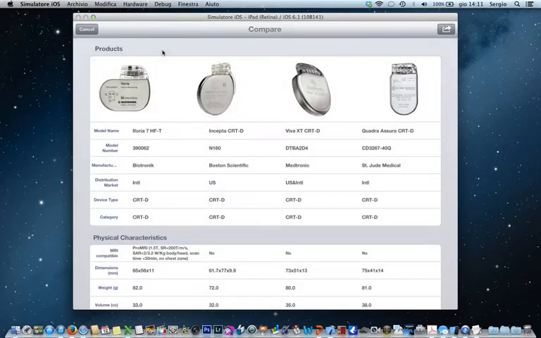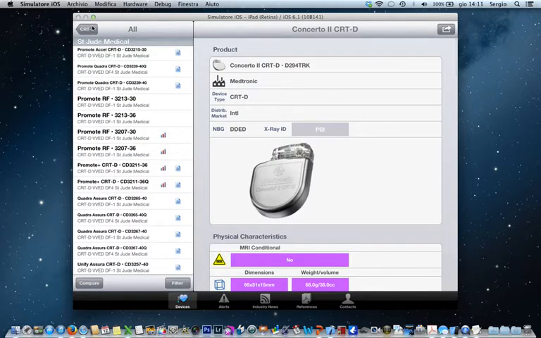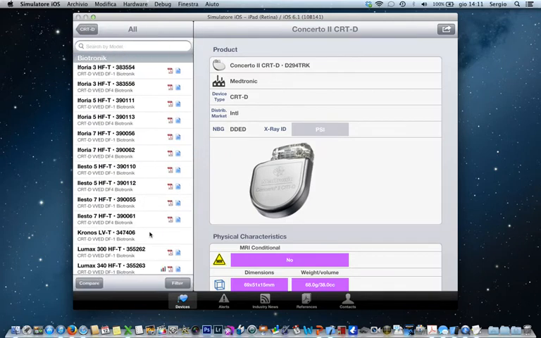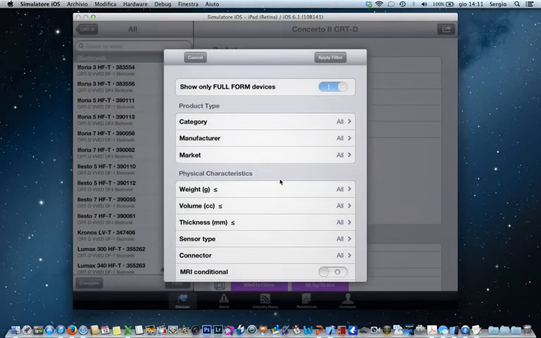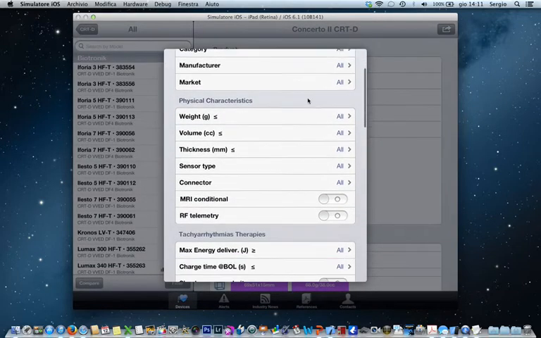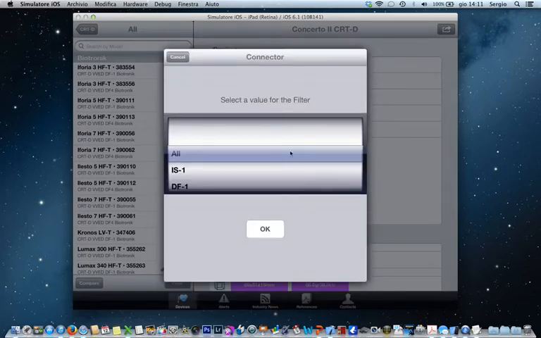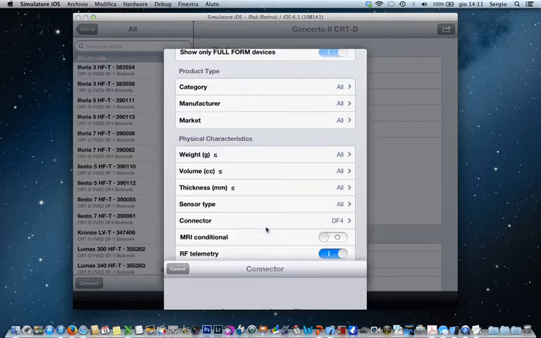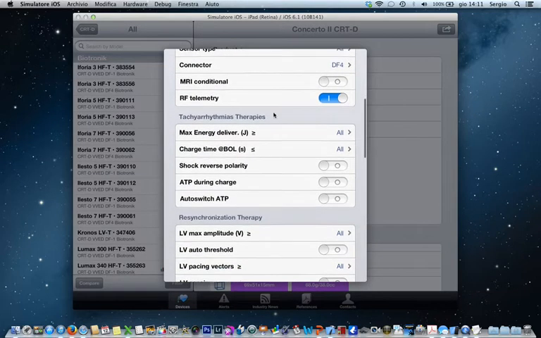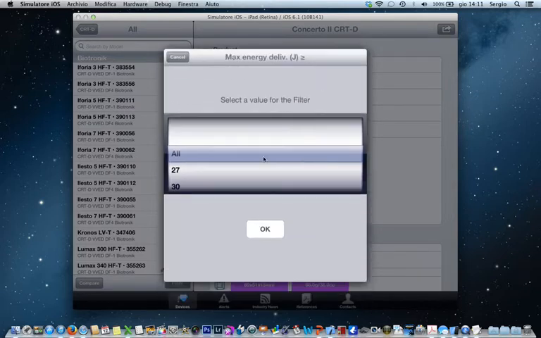Okay, we can go back. Obviously you can also filter the content of a list in any moment. You can press filter. You can select some criteria. For instance, we can define that we want, so we are inside CRTD in this moment. So maybe we want to find devices that have RF telemetry, maybe with, I don't know, a connector, DF4 connector, maybe with a max energy delivering of